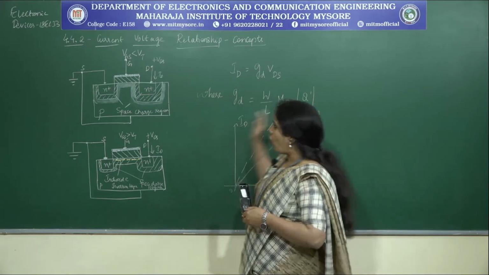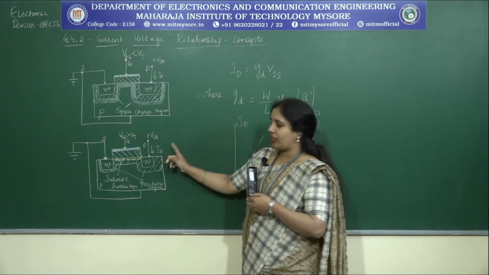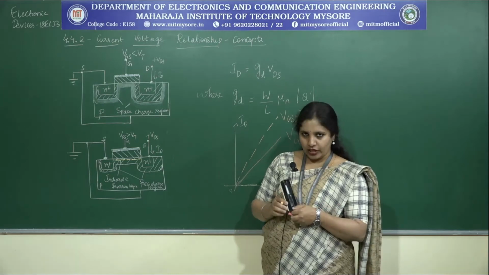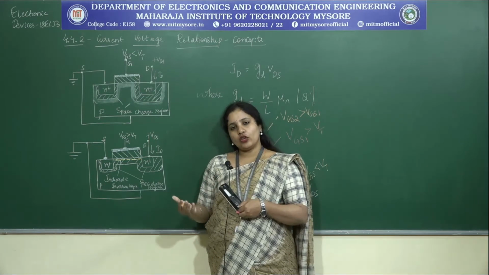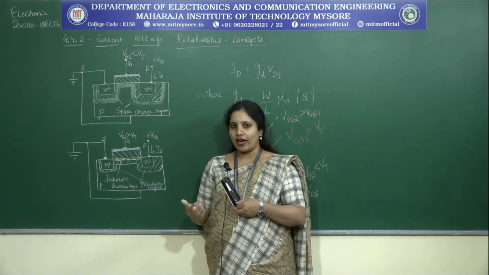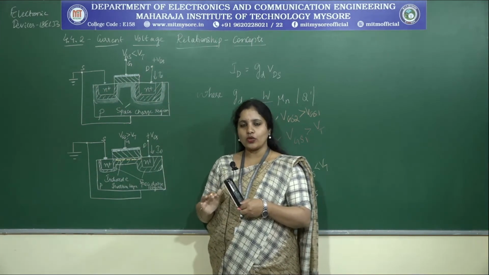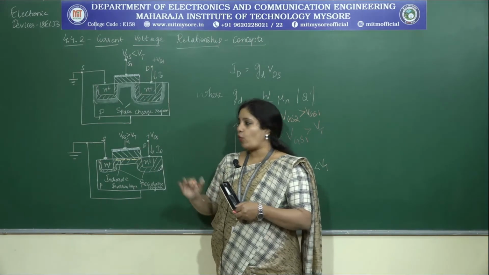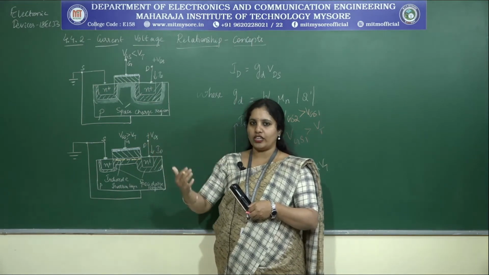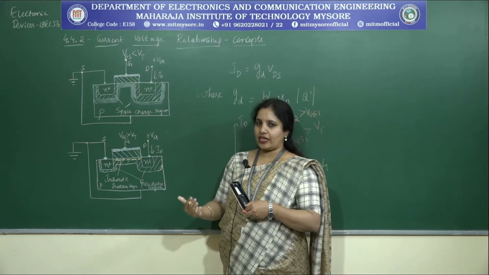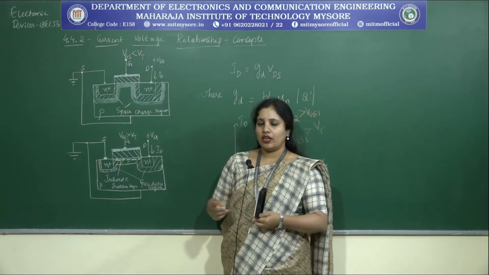Got this point? And all these things come under the case wherein I have kept my VDS at some small positive voltage, and my VGS is varying. Done. And now we will look into another case, that is case 2, where my VGS is greater than VT. That is the only condition that we are considering for VGS. But what we will do with VDS is try to increase the VDS towards a positive voltage. That is, I will try to increase the positive voltage that I am providing across the drain terminal and see how the device behaves. Let us try to look into that now.